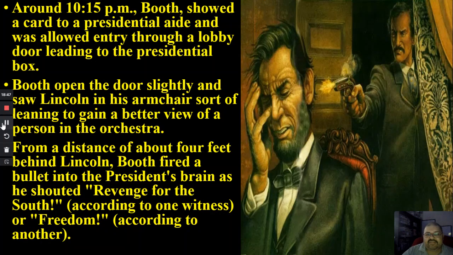Now, around 10:15, Booth enters the Ford Theater. And the thing is, you have to remember, this is before Secret Service protected the president. There was Secret Service, but their job was to catch counterfeiters, people who made fake money. That's still their job to this day. But back then, that was their only job. It wasn't to protect the president. The president did have bodyguards, but he kind of let them go for the day. Okay. But he did have some aides, some people who helped out Lincoln and things like that who were nearby.